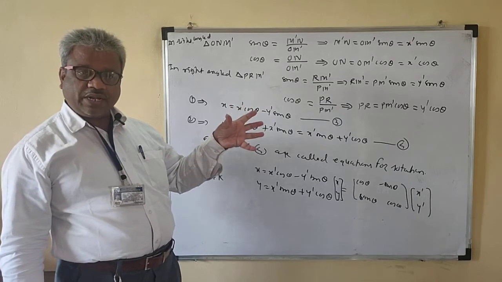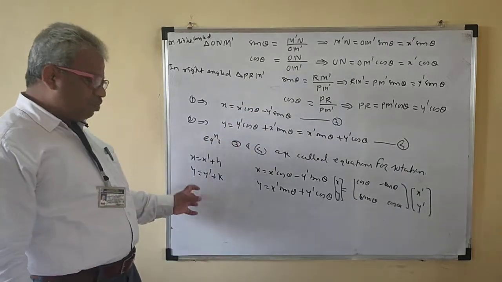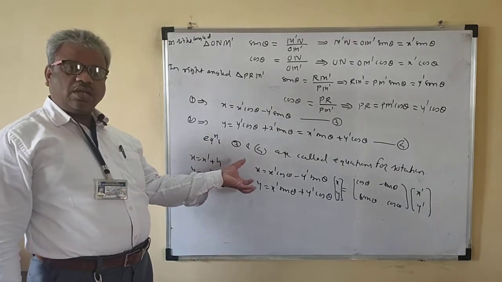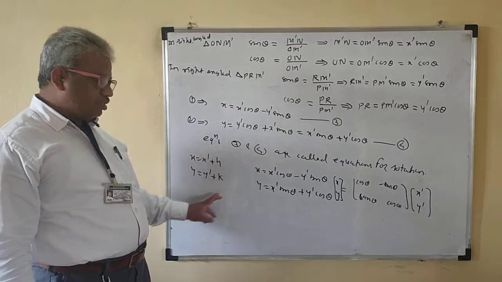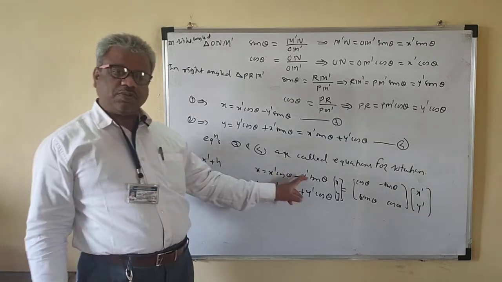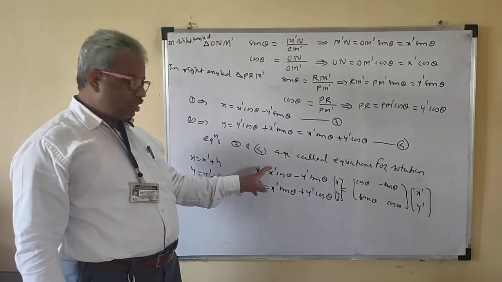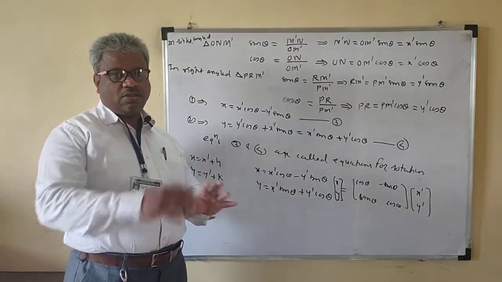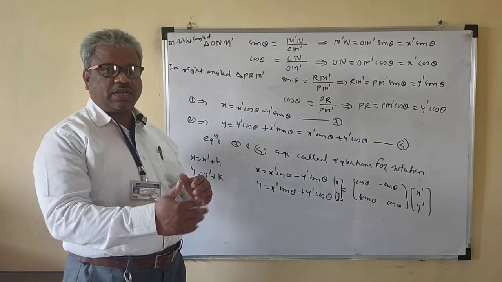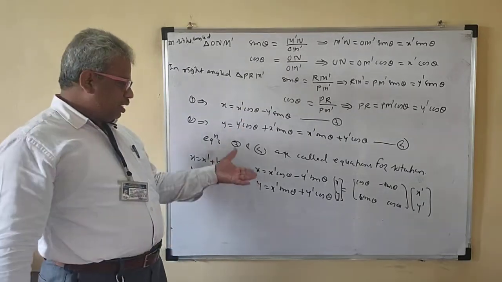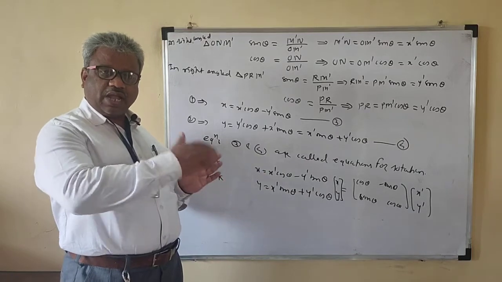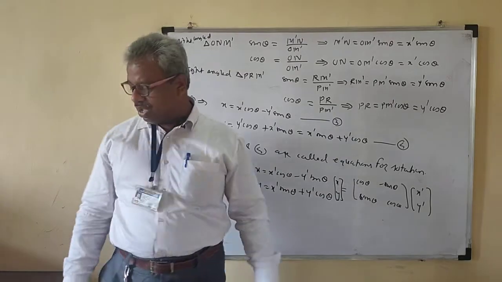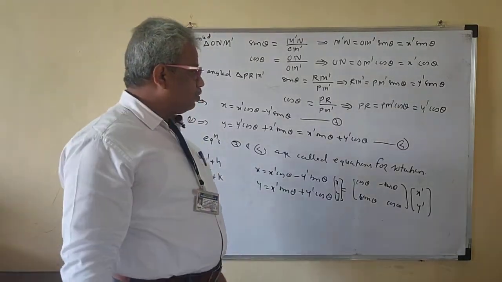If your frame is rotated, okay. Now the problem will be asked that first you have shifted the origin and then you have rotated the frame. Then x transforms to x prime and x prime transforms to x double prime. If the origin is first shifted and after that your frame is rotated, then x transforms to x prime and x prime transforms to x double prime, y double prime. Okay. So such notations we have to use here. Okay. So now we'll stop here.